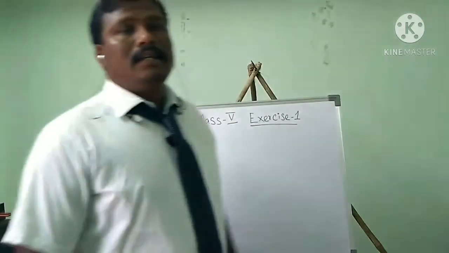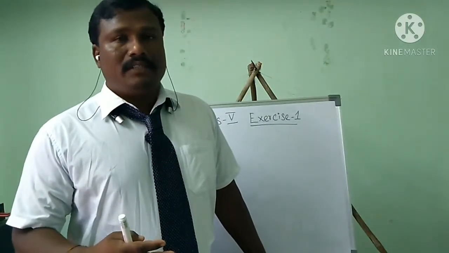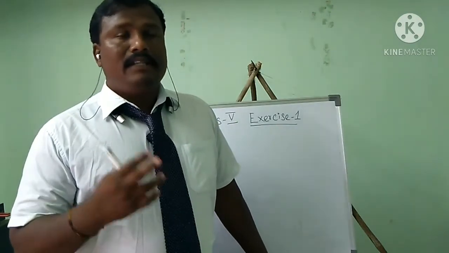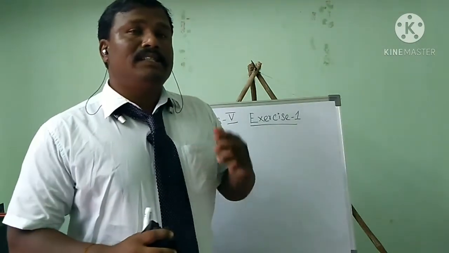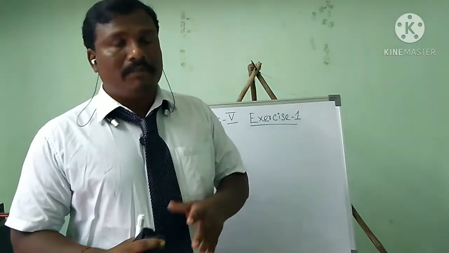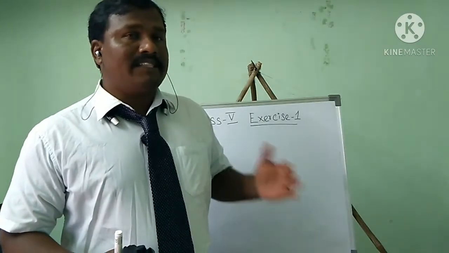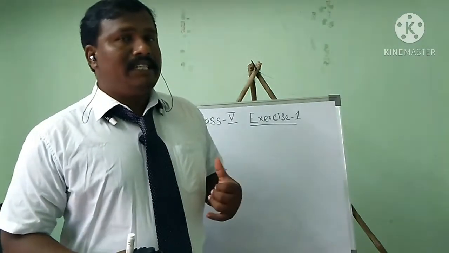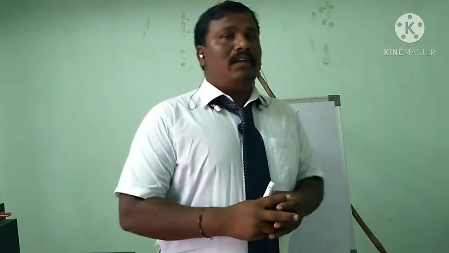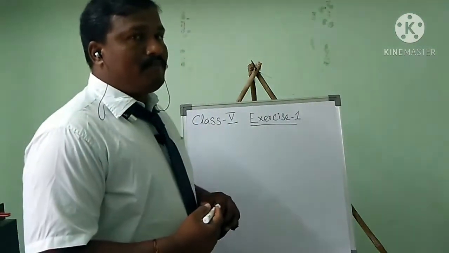Okay students, I told you the factorization, prime factorization, has two methods. One is the tree method, another one is the normal division method, the shortest division method. So I solved some example sums. Now we will see some exercise sums. Okay, I will show how to find a prime factorization.